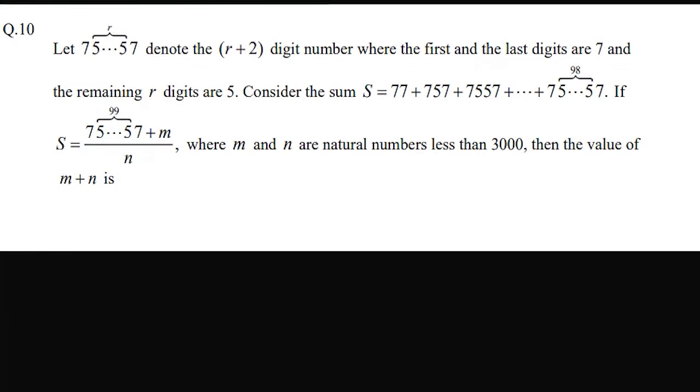Now here the question is, we are given a number which is of the form 7, 5, 5, 5, 7, and here we have a total of r 5s, and then we have these two 7s, so basically it is an r plus 2 digit number. So the first and last digit are 7 and the remaining digits are 5. So consider the sum as, which is